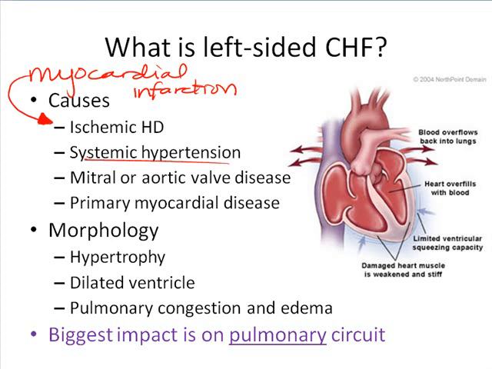Other causes can be somebody has chronic hypertension. They might have damage to one or more valves of the heart, or they may have some sort of genetic abnormality of their myocytes in the first place that maybe reduces their contractility strength, for example. Left-sided congestive heart failure means that it is, as the name implies, the left side of the heart that is failing to meet the cardiac output demand that it should. So it's not contracting with great enough strength, and it's not pumping enough blood out into the systemic circuit.